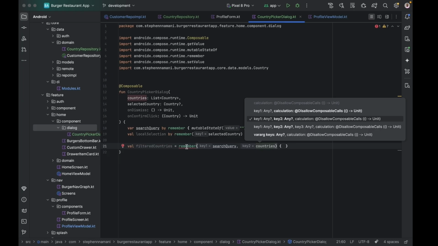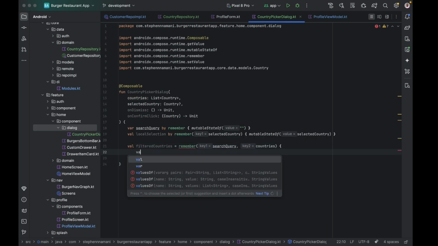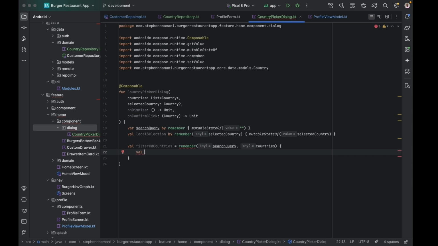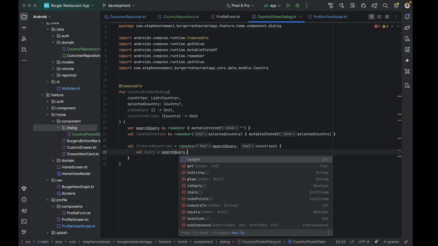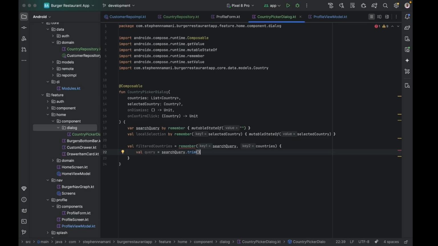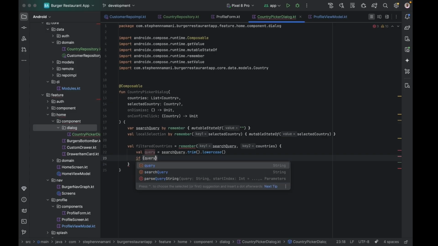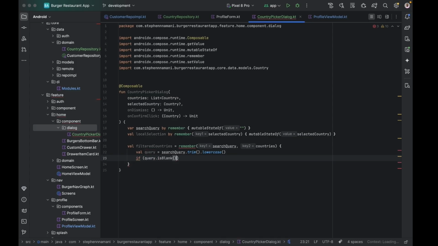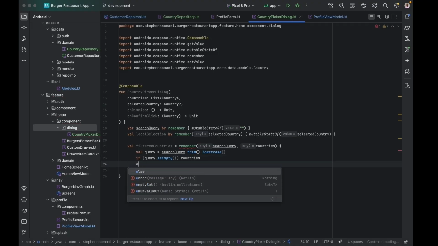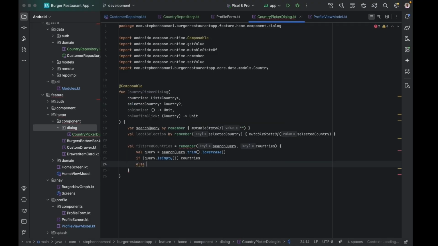Then inside here in the body, we're going to create a variable that we will call query, and that query is going to be searchQuery.trim, because there may be spaces at the end of what they type, then lowercase, so that if they are searching with caps in uppercase, you can change it to lowercase. So if query is empty, then we return countries, else we should return